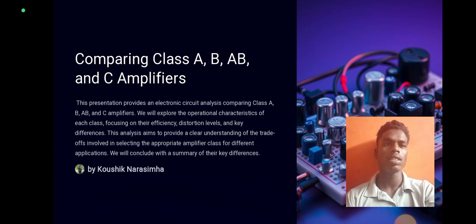This analysis aims to provide a clear understanding of the traits involved in selecting the appropriate amplifier class for different applications. We now conclude with a summary of their key differences.